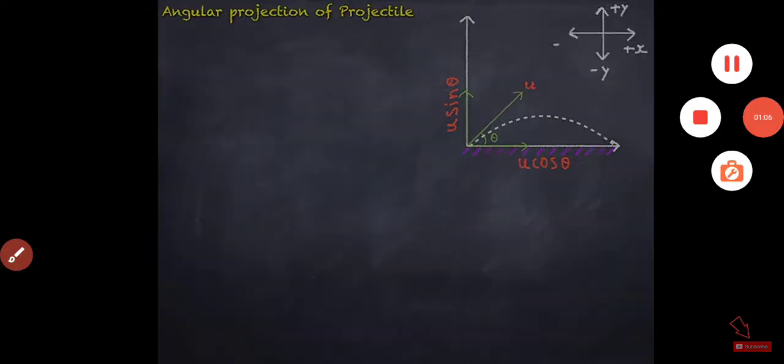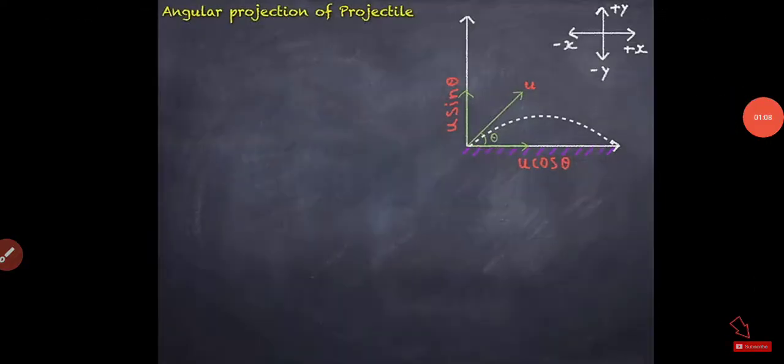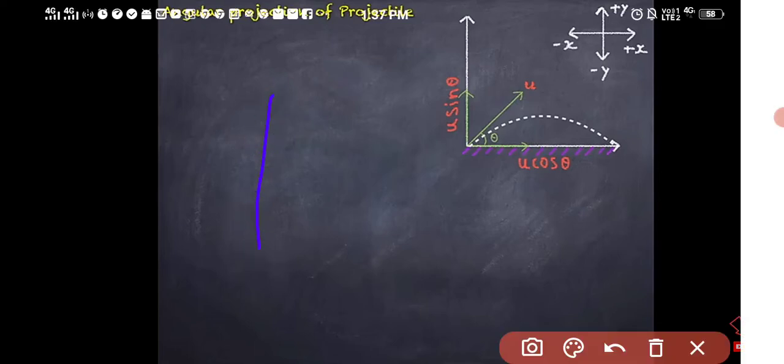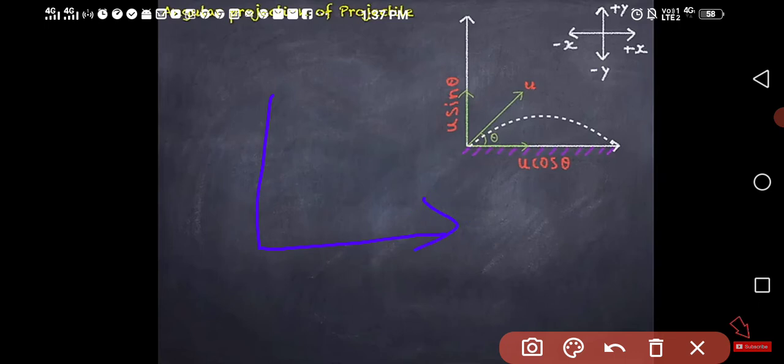Why is the horizontal component cos theta and the vertical component sin theta? For that I'm telling you one trick, how to resolve a vector. Dear students, let us suppose I have these two components of one vector. Let us suppose this is the vector whose horizontal component is x and vertical component is y, and this is the angle made by the vector, that is theta.